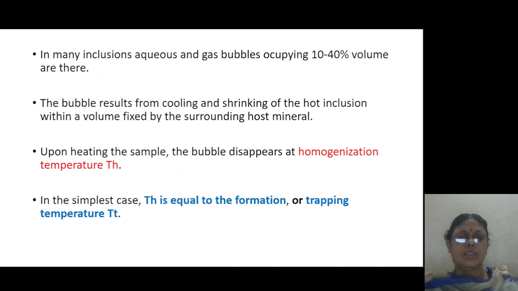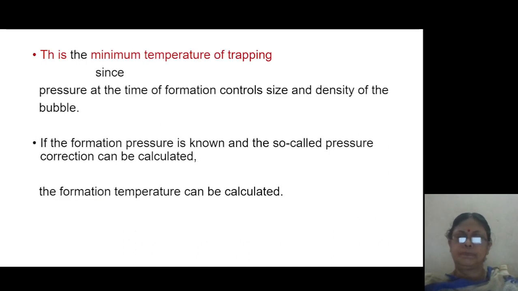In the simplest case, TH, the homogenization temperature, is equal to the formation or trapping temperature, TT. What is trapping temperature? The temperature at which the fluid is originally trapped within the mineral. TH is the minimum temperature of trapping, meaning TH is the temperature at which the bubble disappears and the whole fixed volume is occupied by fluid only. So TH is the minimum temperature of trapping, since pressure at the time of formation controls the size and density of